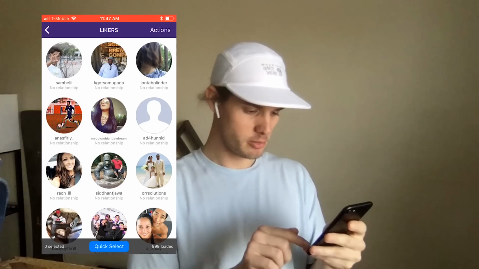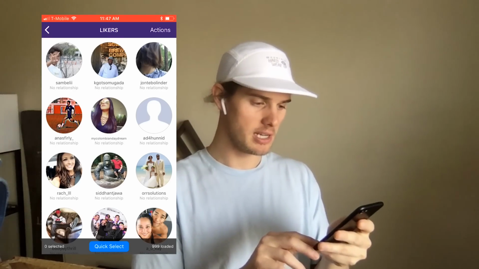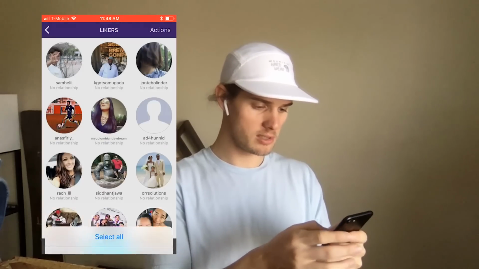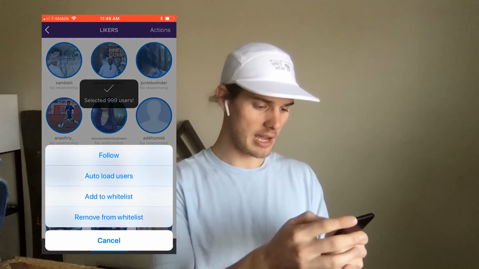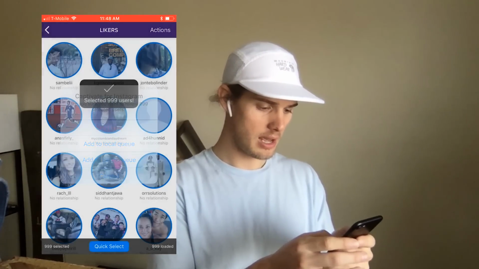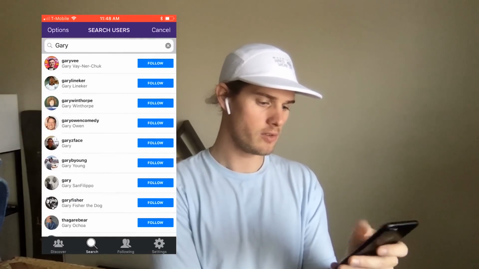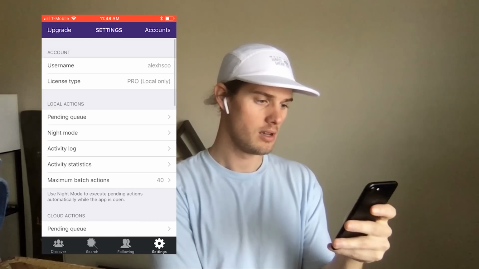And then you can see in the bottom right corner, it's loaded 999. You can load some more if you want. But if that's good for you, click on Quick Select, Select All, Actions, Follow, Add to Local Queue. Those were added to the queue, so I'm going to back out of all this, go back to my settings,